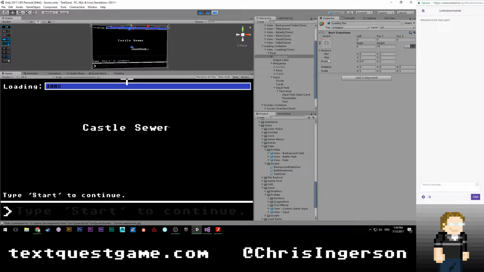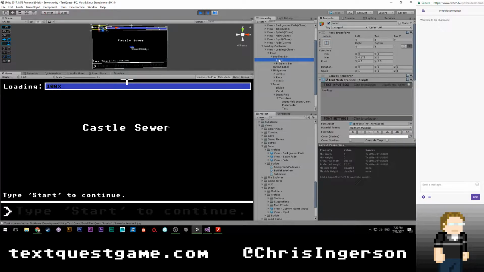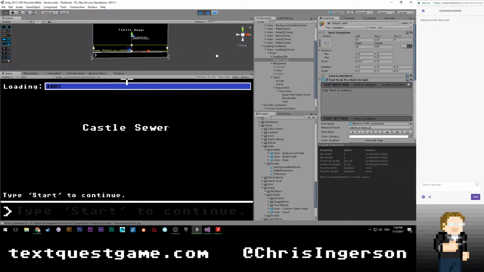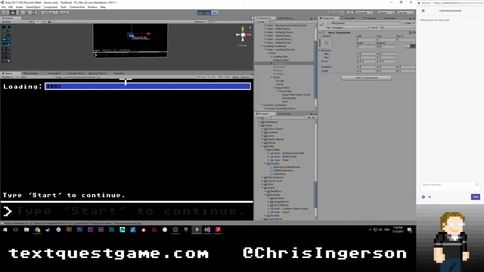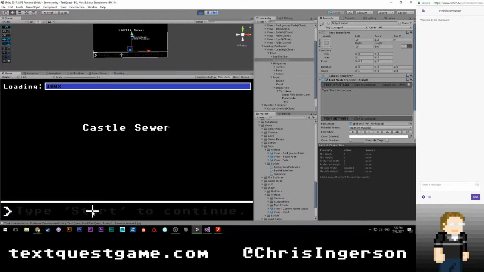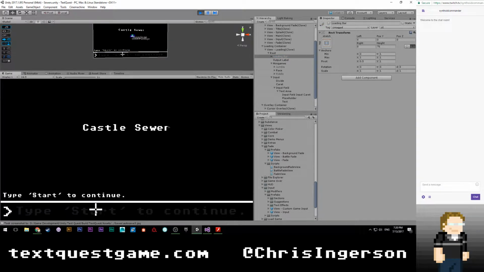So this is going up to the top. That's where its anchors are. Loading bar. All these things seem correct. Output label is not going over it, right? Well, you know what? I'm just gonna start turning things on and off to see if that does it. I'm also gonna turn off maximize on play. That way I no longer have to keep pausing. Let's see. So we can turn minigames back on. That's not it. Let me turn off output label. Not that. Turn off loading bar. Well, it's not that either.